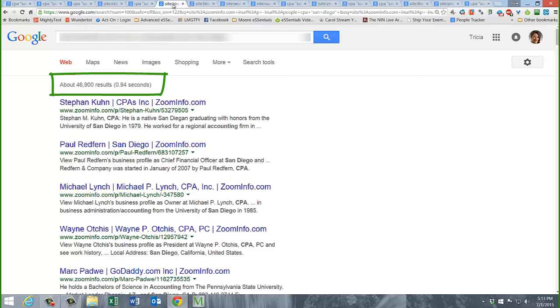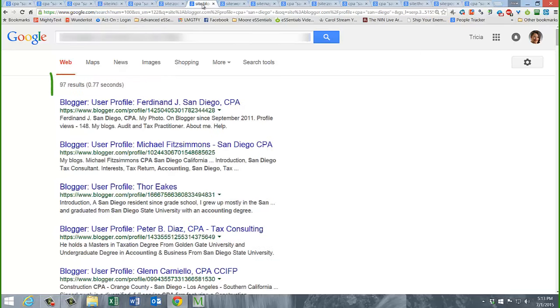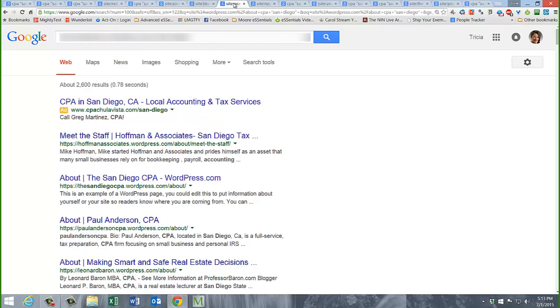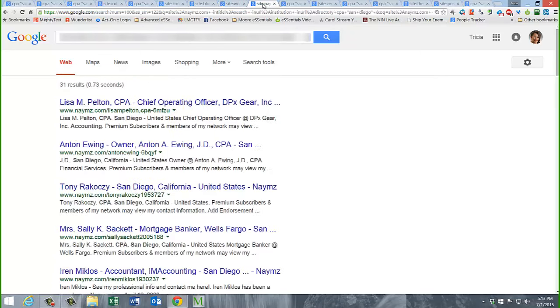You know, I love ZoomInfo. ZoomInfo is great, and you really don't need to be paying for it. As you can see here, first names, last names, we can see everything. When I go to bloggers, yes, CPAs in San Diego have blogs as well, and not just on Blogger, they have them on WordPress. So we will run these searches to look at the profile pages of any blogger, any WordPress site. In addition, we also go after Names. Names is a nice site for all sorts of different people.